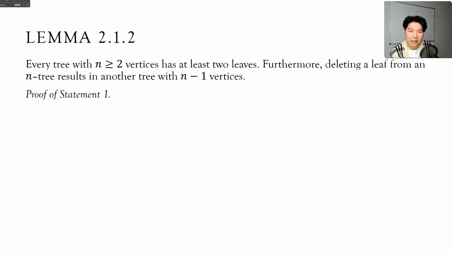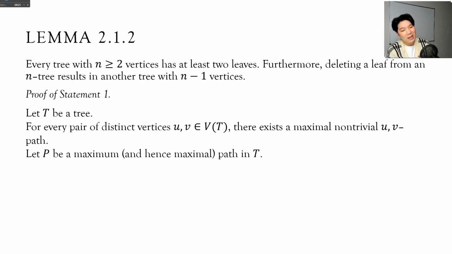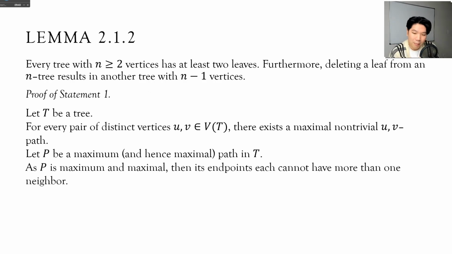Just so that we have this a little bit more formally written out, let T be a tree. As I mentioned earlier, if I take any arbitrary pair of vertices that are different from each other, let's say U and V, then there exists a maximal non-trivial UV path. Again, because our tree is connected. If I create a path P and let it be the maximum path in T, that is the longest path among all of my vertices, not just a fixed pair, then since I chose a maximum and, as a result, maximal path, its endpoints cannot have more than one neighbor, just as in that explanation I drew with the picture. As they cannot have more than one neighbor, they must be of degree 1,